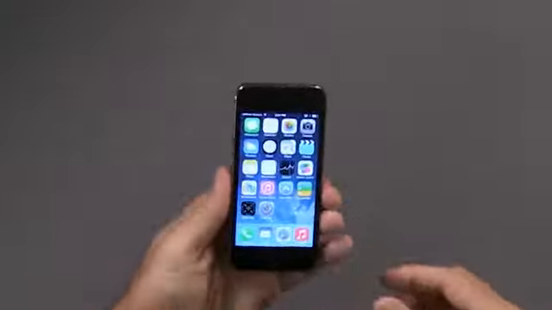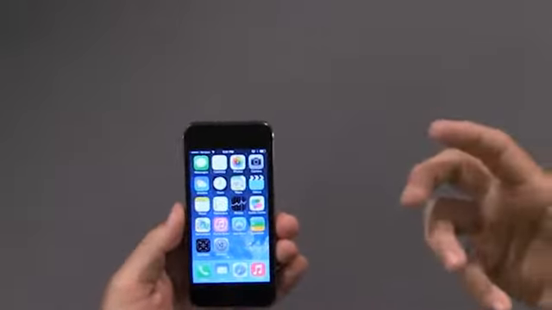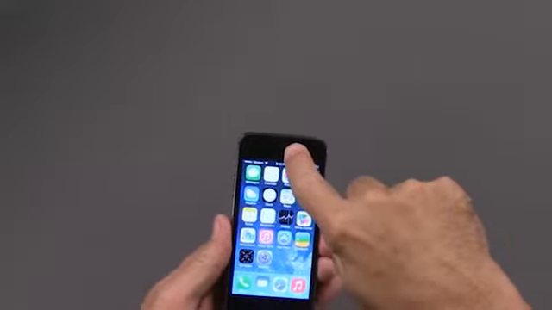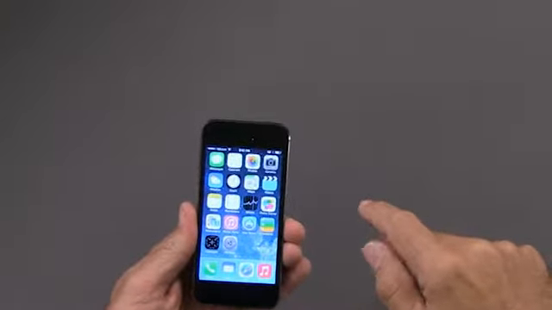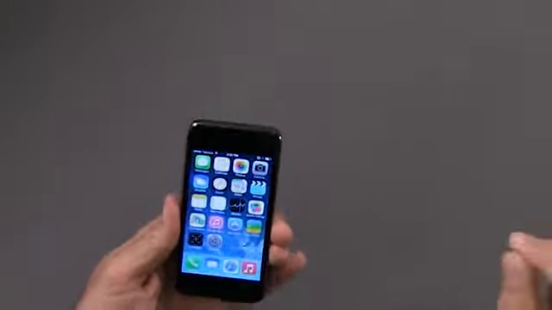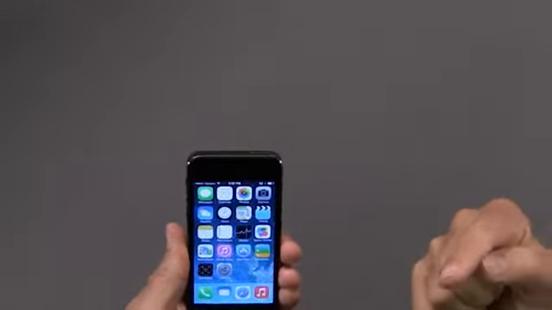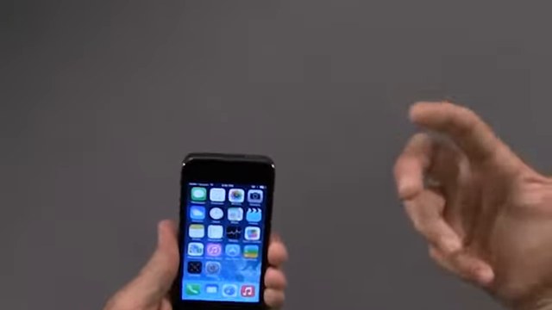If I flip this over and take a look at the front of this, there are some additional buttons or openings that I want to draw your attention to. I'm going to start here at the top. The top little circle that you see here is actually a front-facing camera. Yes, Apple has been smart enough to say, you know what, I can take a photo out the back, but I can also take a photo in the front. This becomes very important when we start doing things like FaceTime or video chatting.